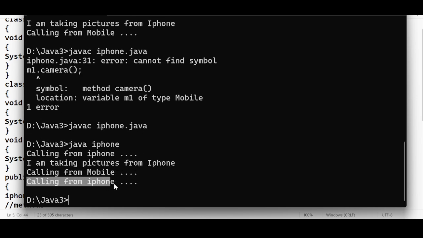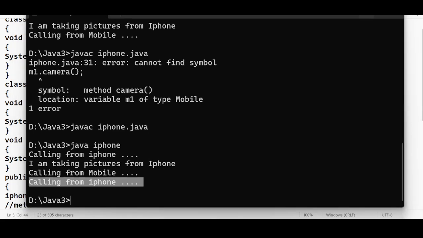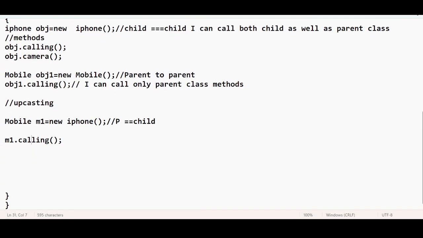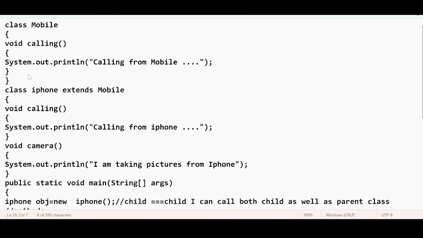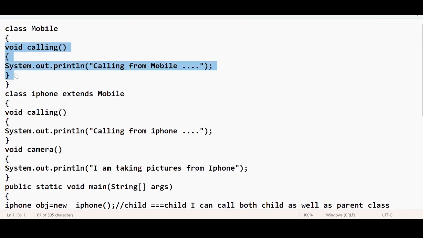See, calling from iPhone is getting printed. I am calling something and expecting something else. This m1 is of mobile type, so of course the controller has to go to the mobile class, where there is a method called calling. I am expecting that to be printed in the console, but instead this is getting printed. Why is this happening? Because of typecasting.